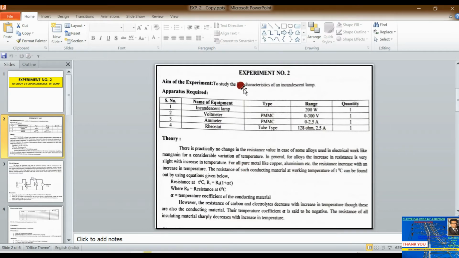So here we can see the difference. Is there any change in the VI characteristics of the bulb, whether it is linear or non-linear? The VI characteristic of an incandescent bulb should be linear. But later on, it is linear only for a particular part. As temperature increases, resistance also increases, so the curve is tilted. You can also plot the graph.